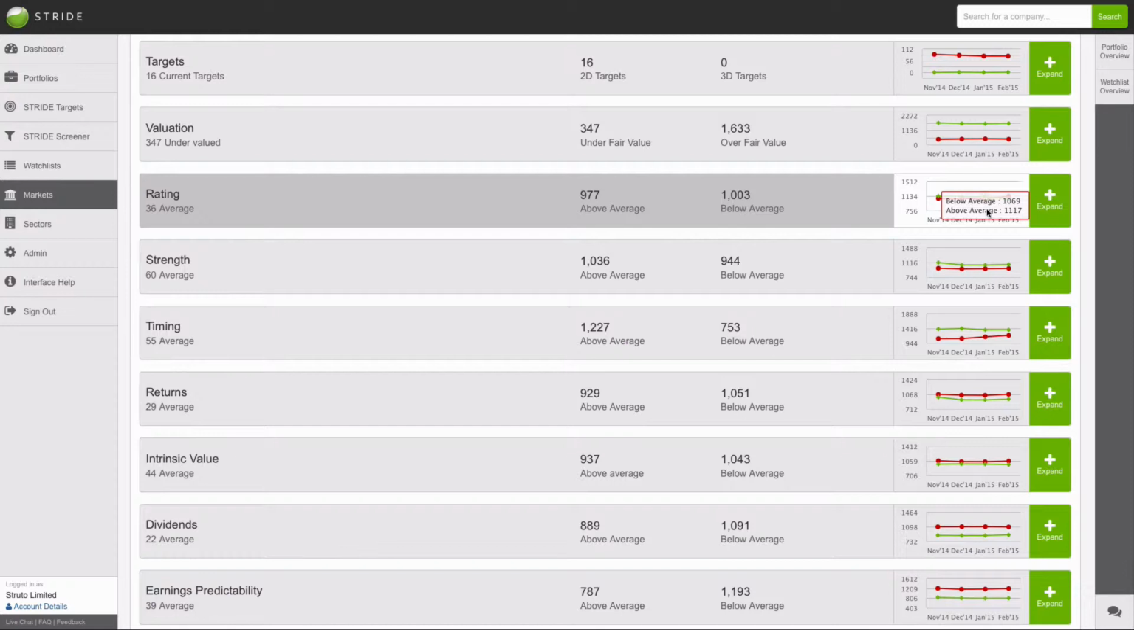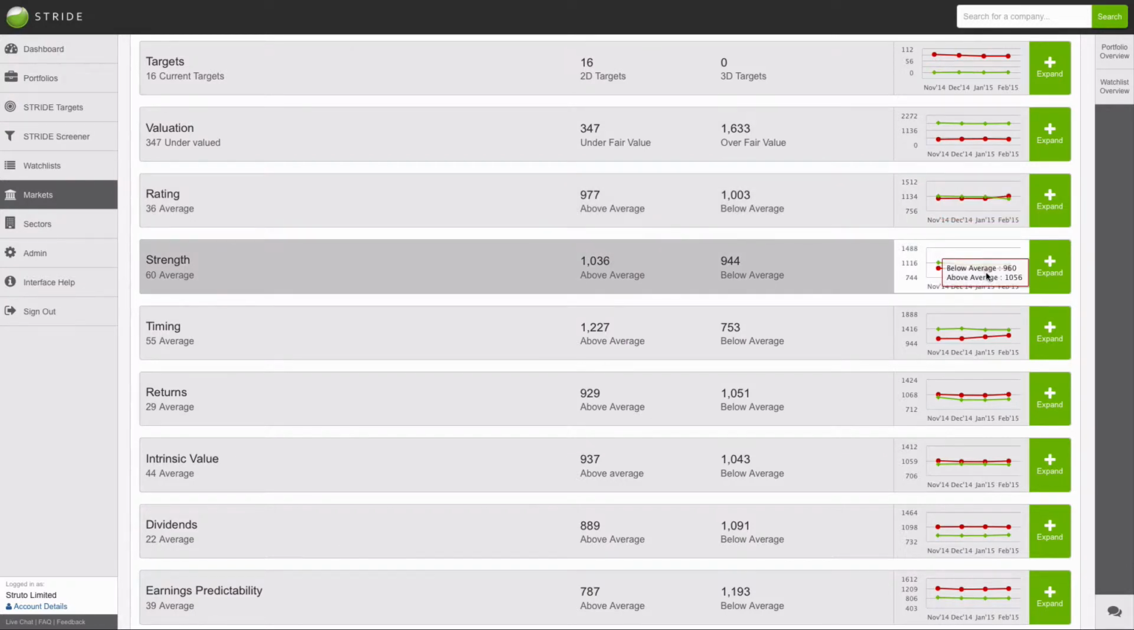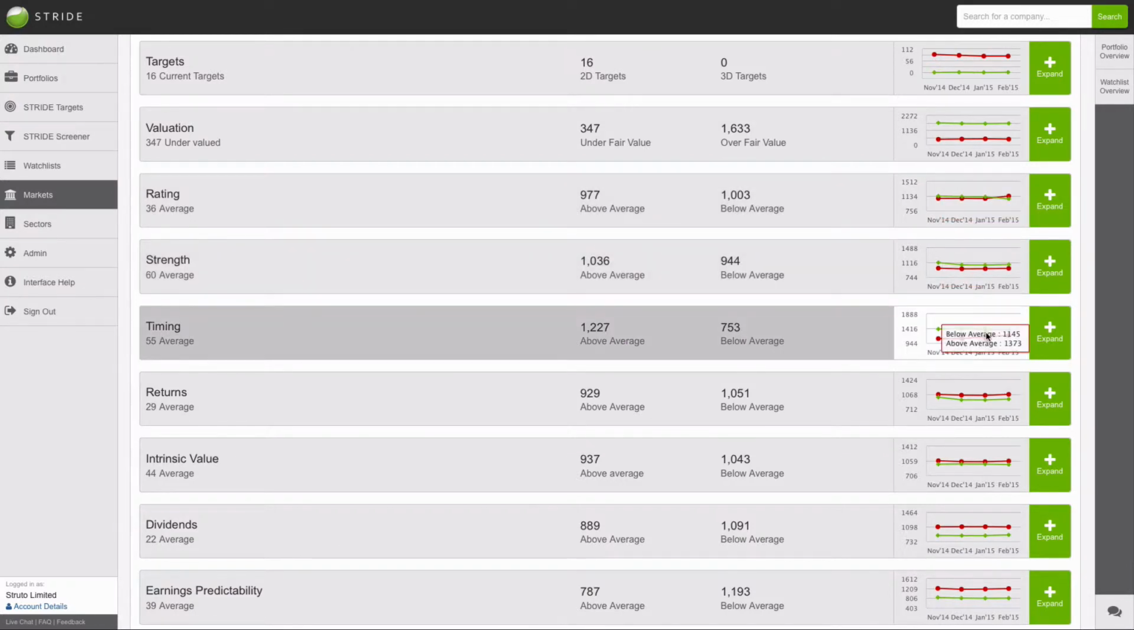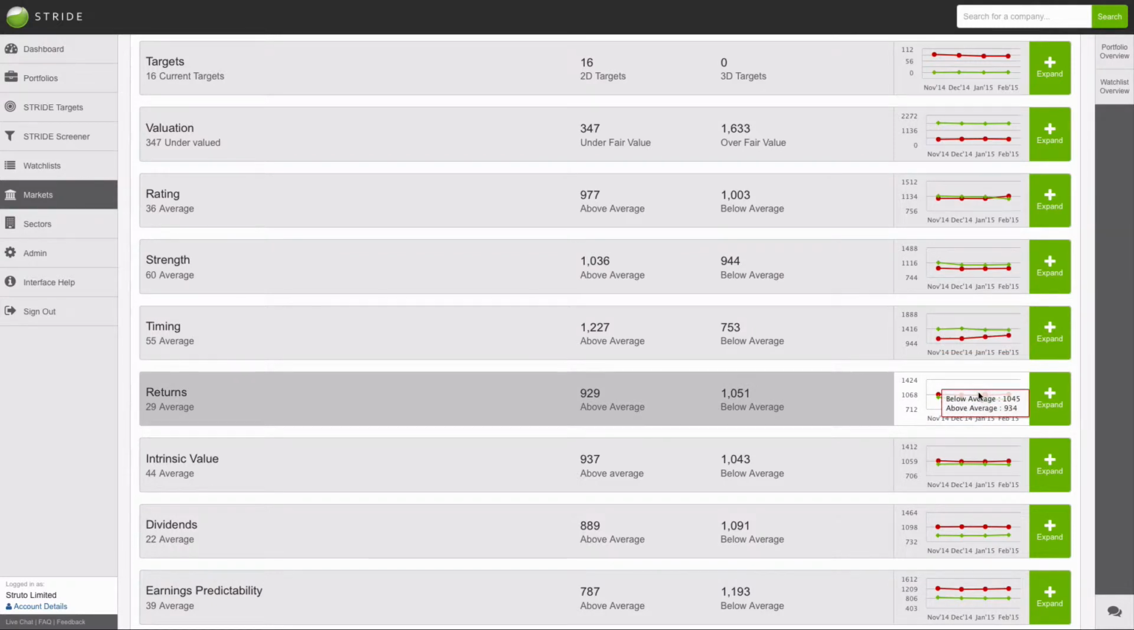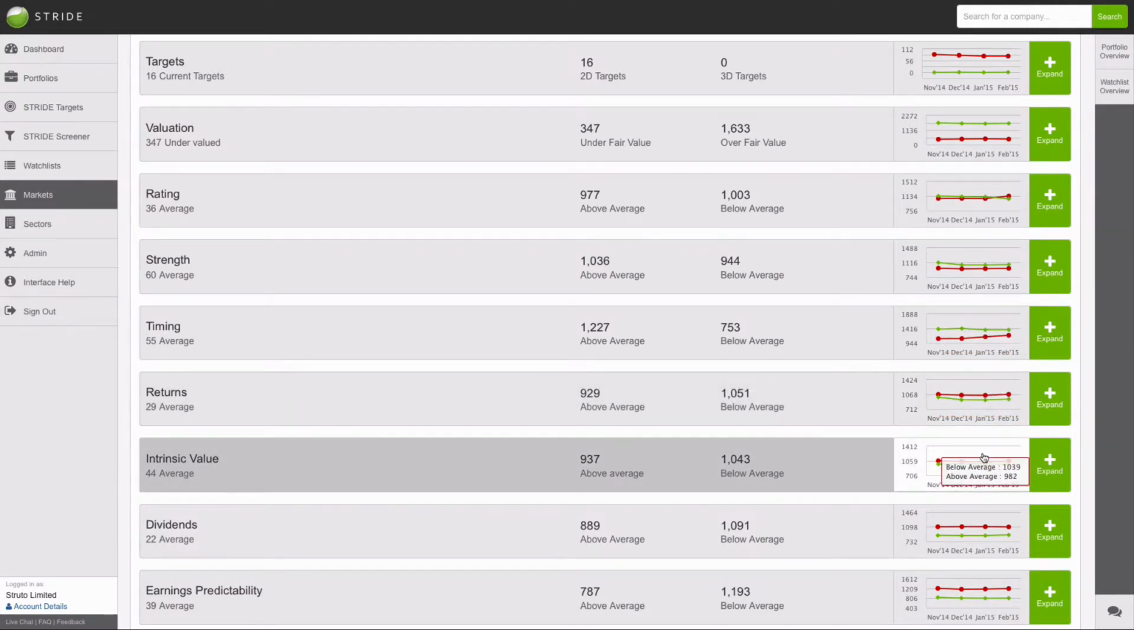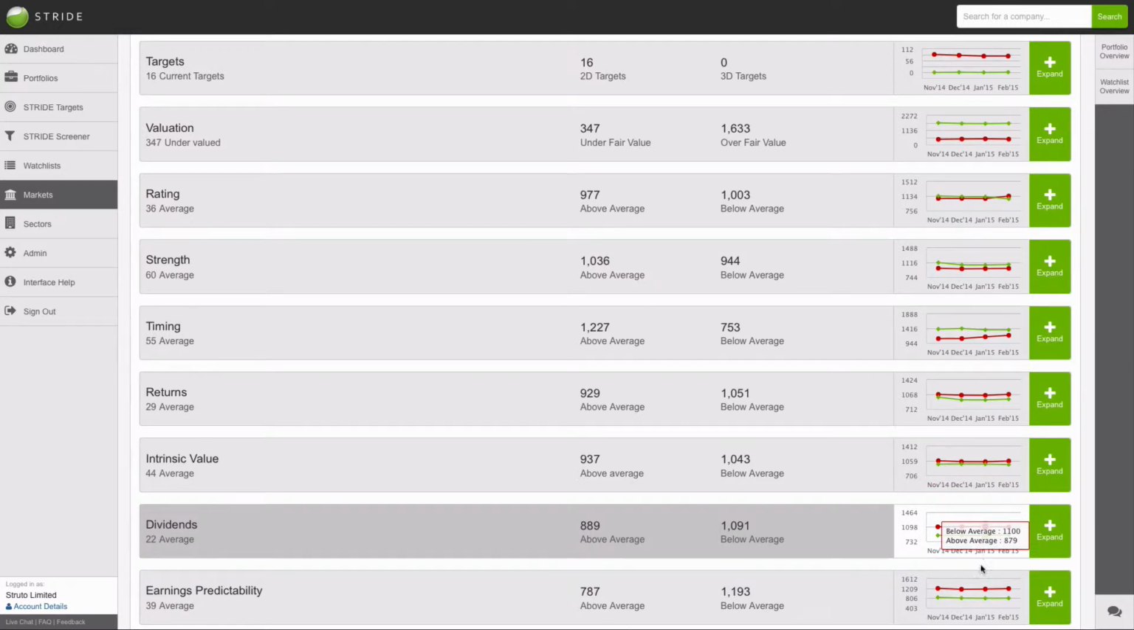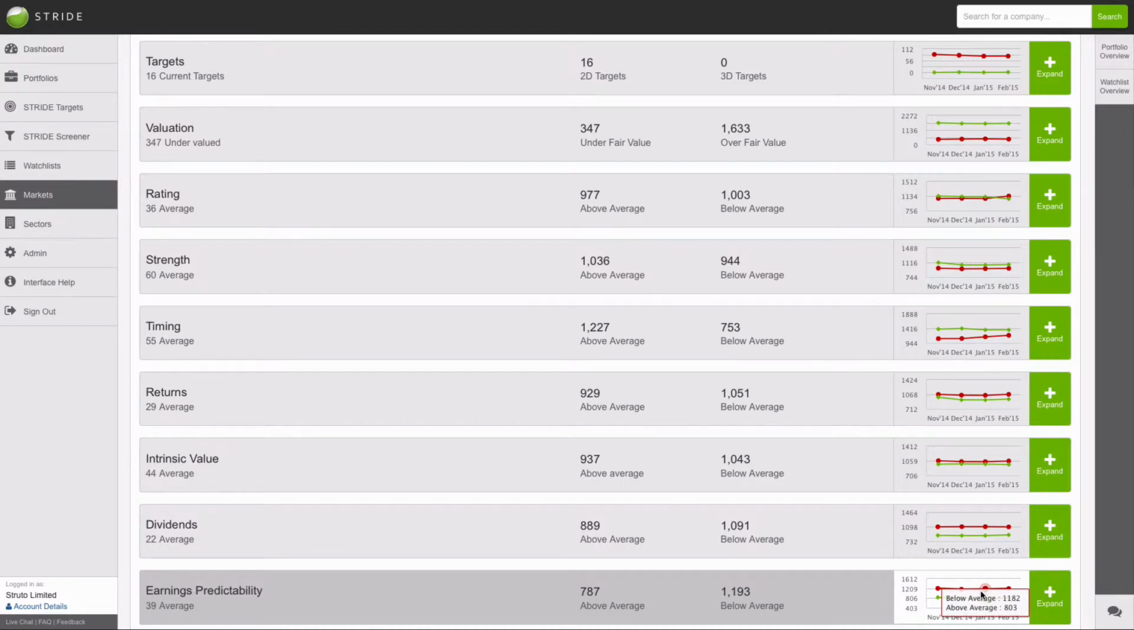rating, and then by each separate average Stride score. We see how many are currently scoring above or below average and a graph showing how these have changed over the last quarter. These breakdowns show us how an entire market is performing under the microscope of Stride fundamental analysis. It also allows investors to search for investment targets within that market and easily compare them with other markets using